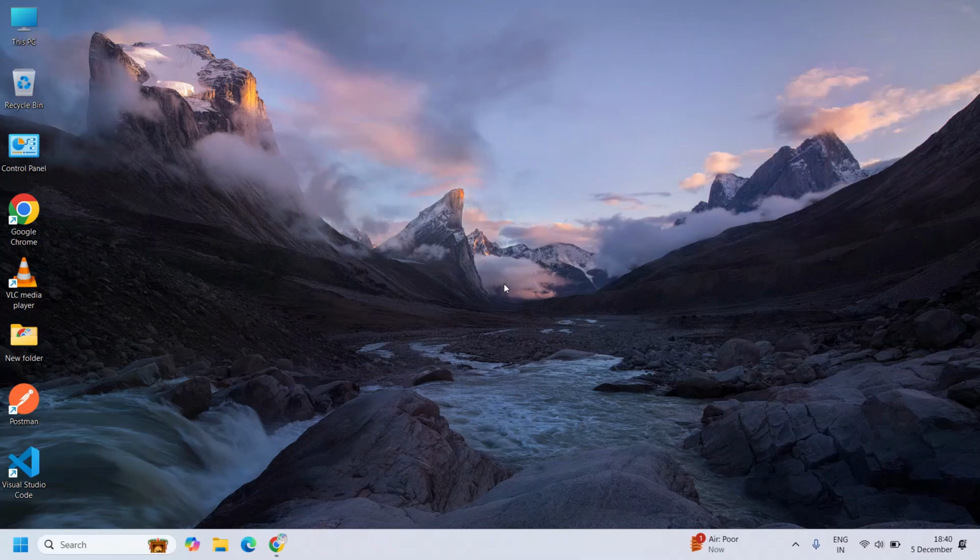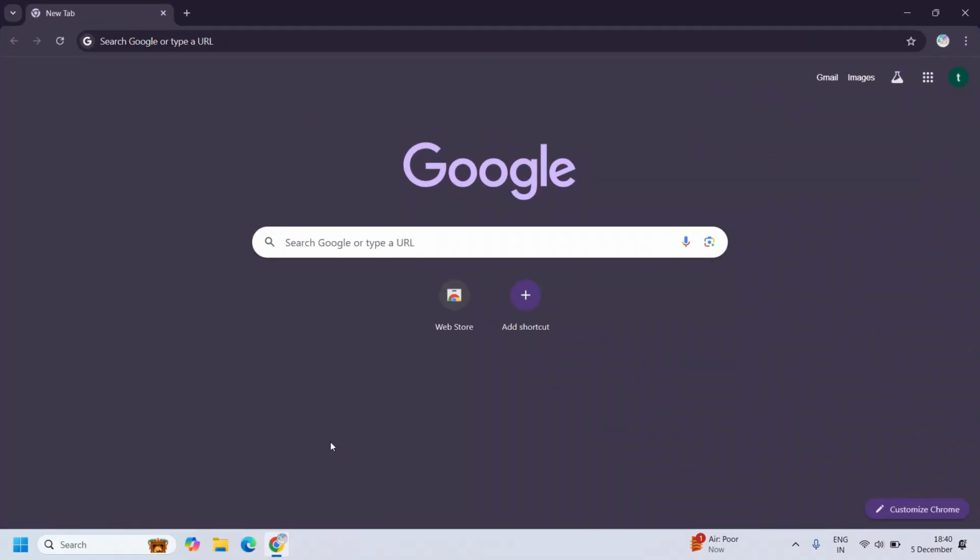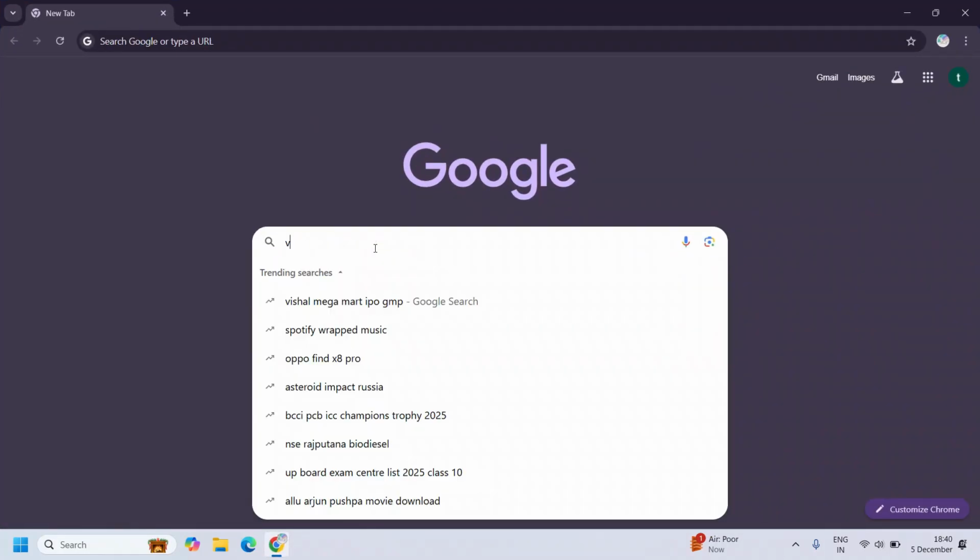Hi everyone, today we will learn how to install Visual Studio on a Windows operating system. To install Visual Studio, we first need to install the Visual Studio installer. So let's open Chrome browser and search Visual Studio